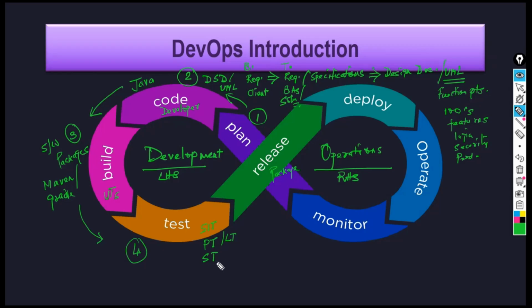Or maybe security testing. So many levels of testing will be there. Finally, they are testing that particular package which has been built and delivered to the test team. There can be tools. Every phase will have automation tools. Okay, we will discuss that. And finally, it will be done a release packaging.